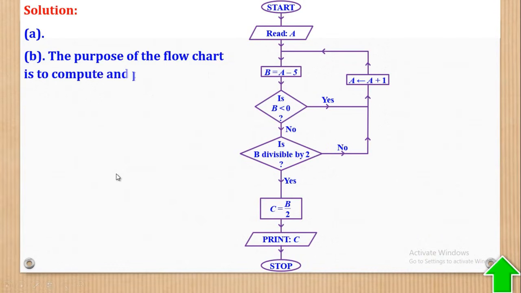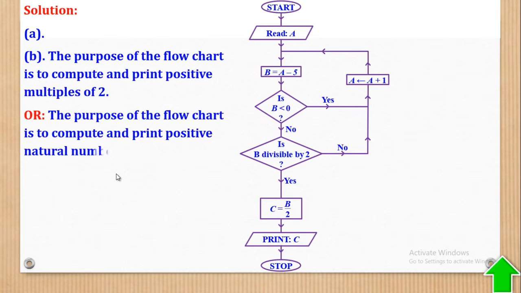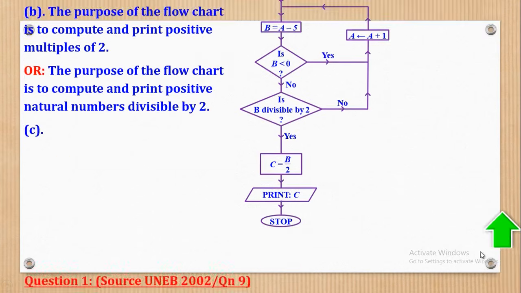So the purpose of the flowchart is to compute and print positive multiples of 2. Alternatively, you can say that the purpose of the flowchart is to compute and print positive natural numbers divisible by 2. That was part B. Now we shall go to part C. Part C said,